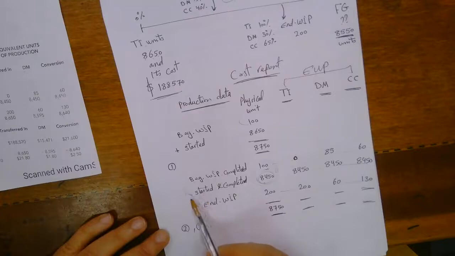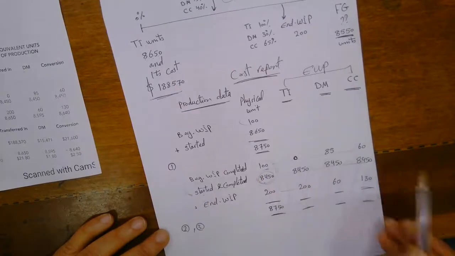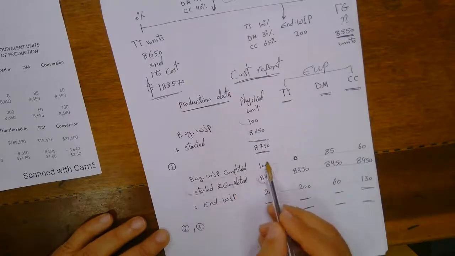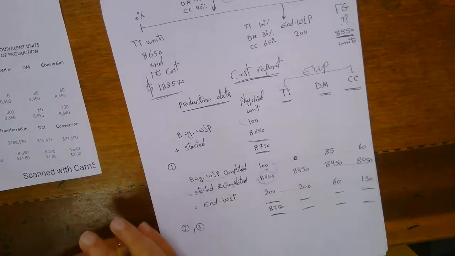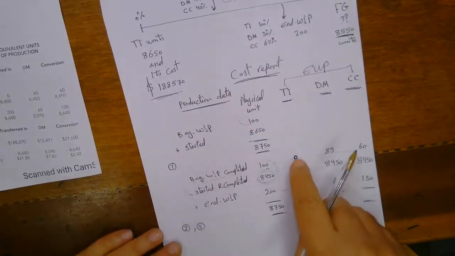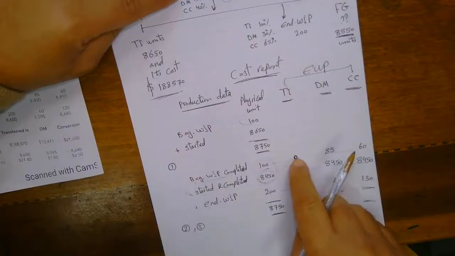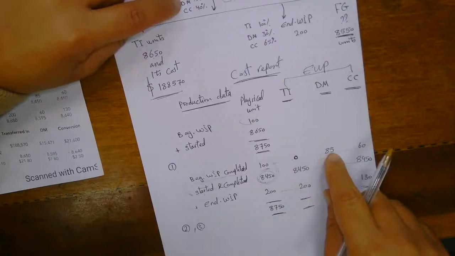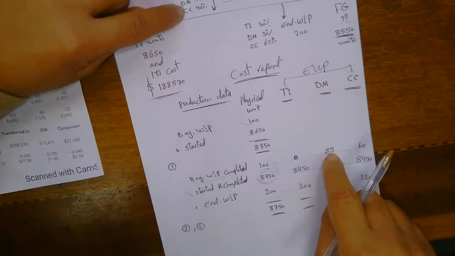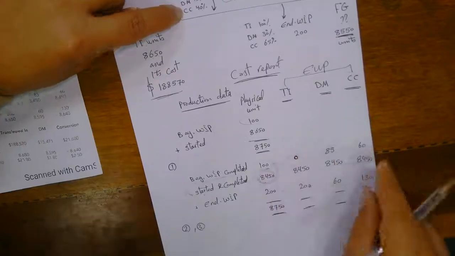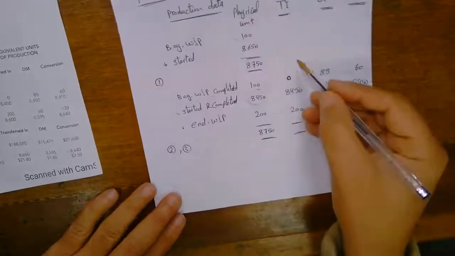Started and completed, the same number under the cost elements. But for beginning work in process, we have to calculate the remaining percent to complete it. Transferred in is completed by 100%, so the remaining equals 0. Direct material is 15%, so the remaining equals 85%, times 100 equals 85. Conversion cost is completed by 60%, so the remaining equals 60%, times 100 equals 60. Total